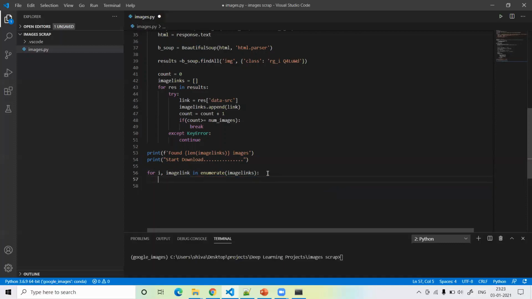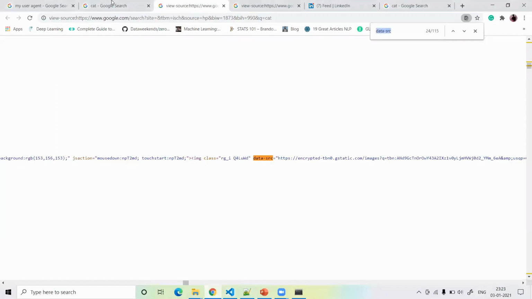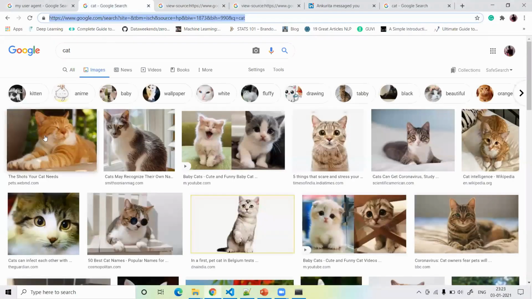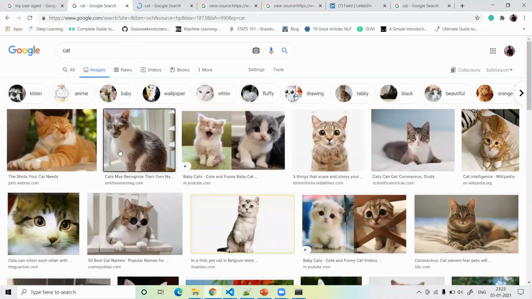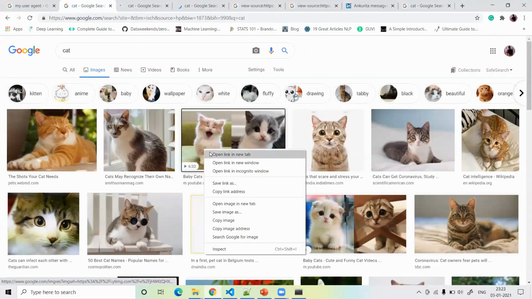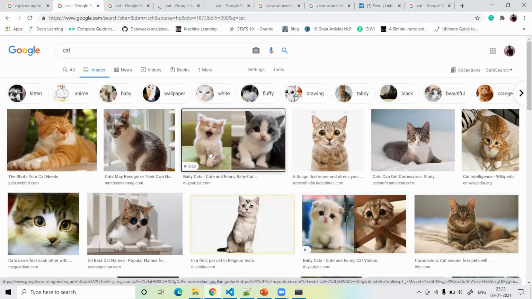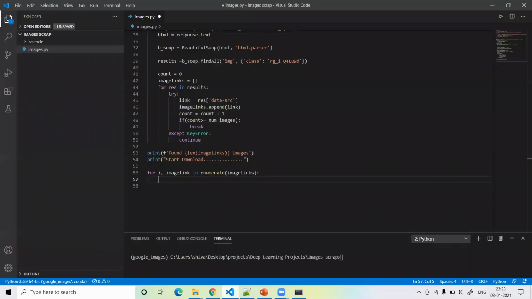Then we have to open each image link: first this image link, then this one, then this one, and after opening these images we have to save them.